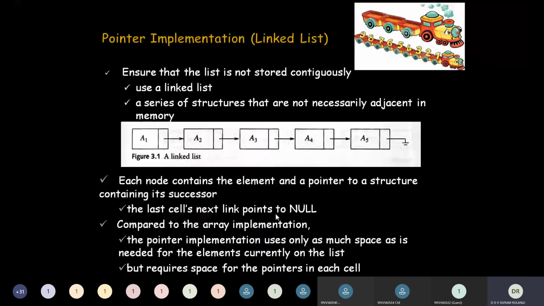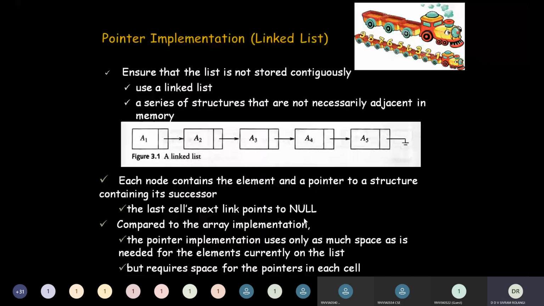Compared to the array implementation, the pointer implementation uses only as much space as needed for the elements currently on the list, but requires additional space for maintaining these pointers. So when you compare this implementation of list with the array implementation, here we need more memory cells. Why?